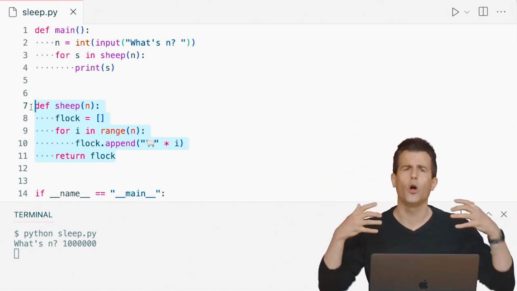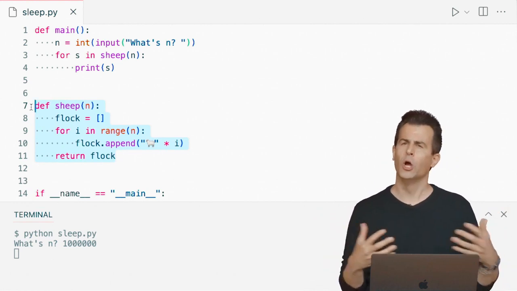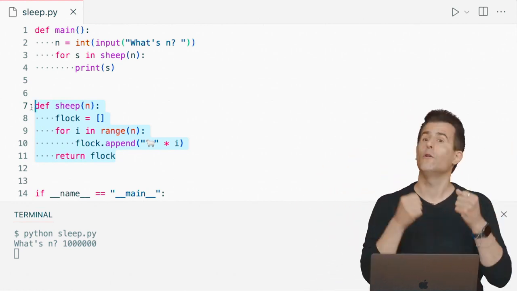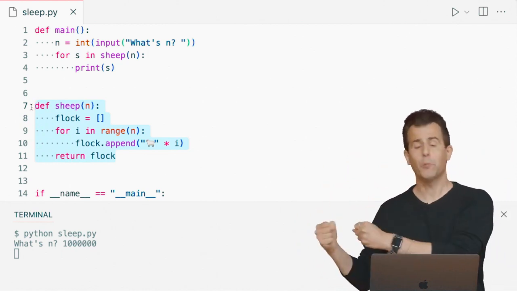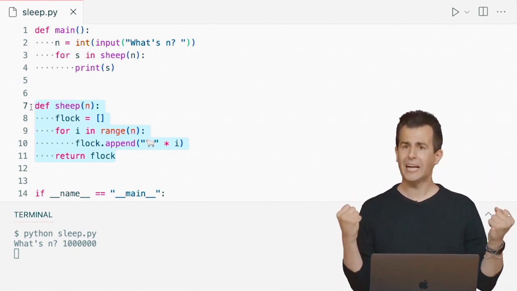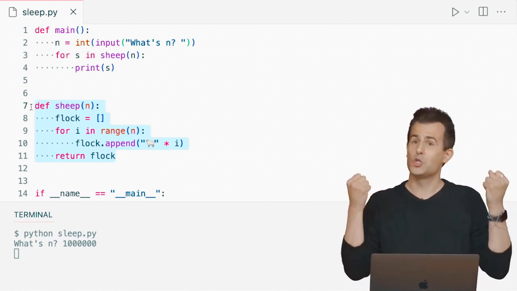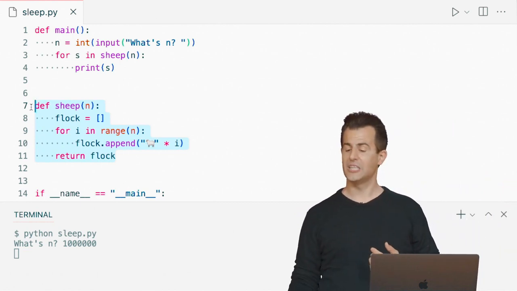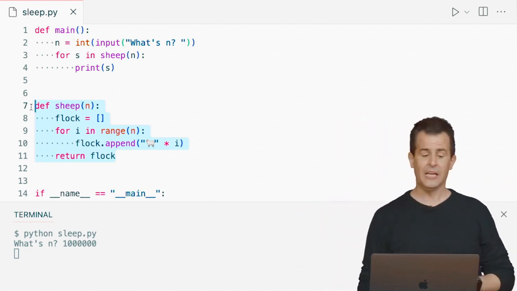That rather contradicts all of the lessons learned of the past few weeks, where generally not putting everything in main is a good thing. Generally having an additional function that you can then test separately with unit tests is a good thing. Do we really need to give up all of those best practices just to print out some sheep and help us fall asleep? Well, it turns out there's a solution to this problem,